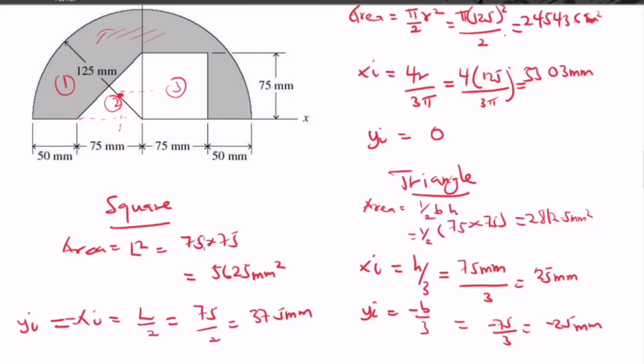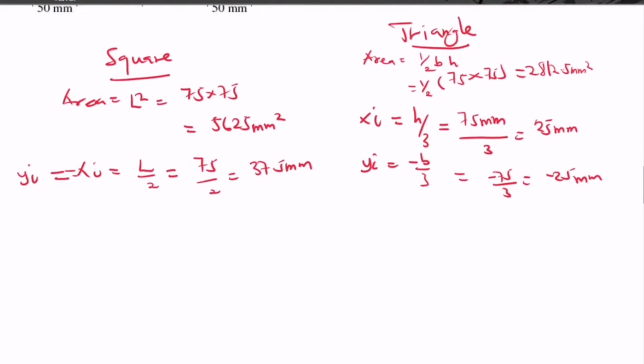After getting all this, what you need to do is put this in a table form so that you can make your work easier. But what are we looking for? We are looking for the centroid of the shaded portion. For that, we know that finding the centroid, x bar will be equal to the summation of x_i times the area, all over the summation of the area. The same applies to the y bar, which is equal to the summation of